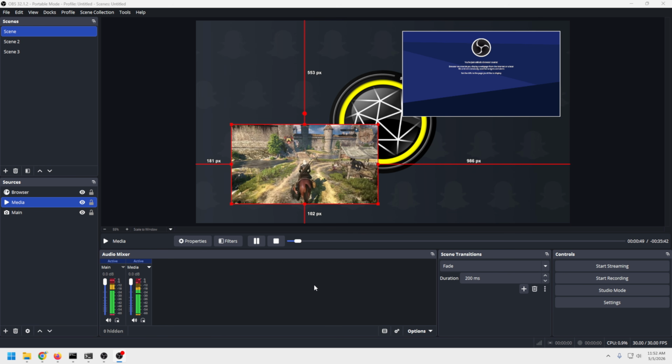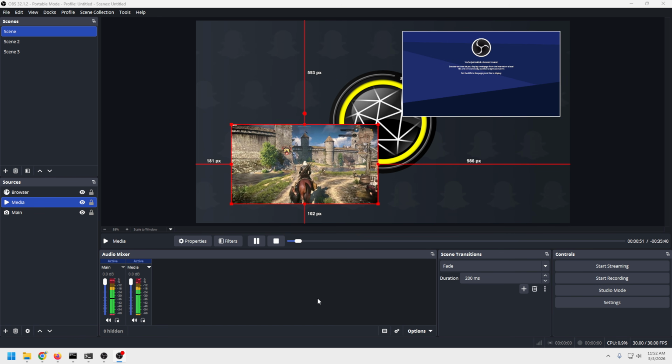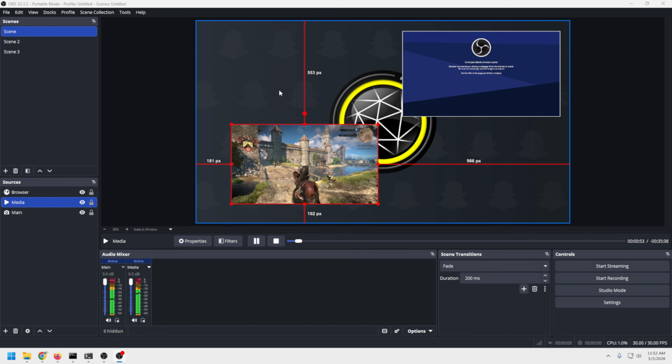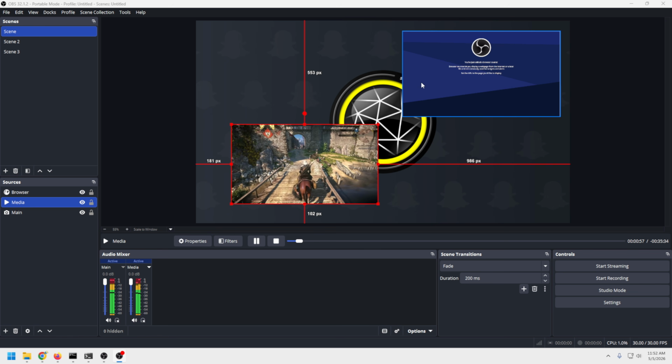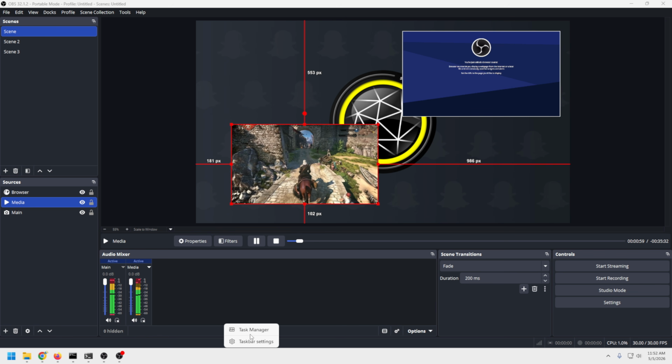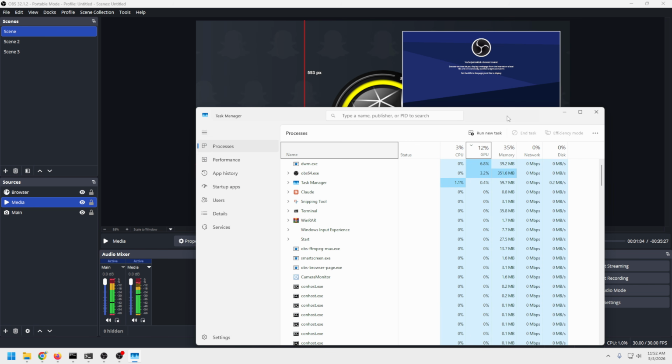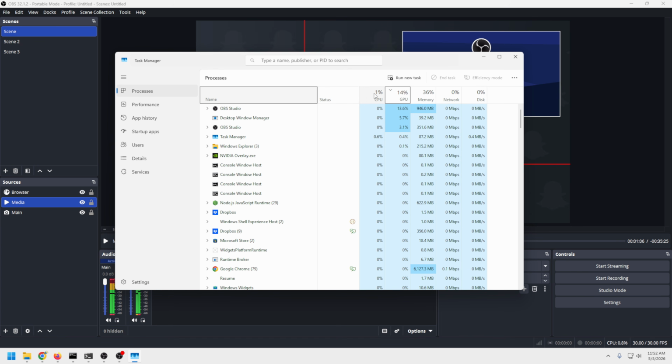and whether your system has any headroom left at all. Now, I've touched on overloading your computer a couple of different times here, and I haven't actually shown you how to verify what your machine is actually doing. So if you right click down here and go to Task Manager, it brings it up and we can see what percentage of our computer we're using. So we've got 36% memory and 17% GPU and 3% CPU, and you can watch these performance numbers as you're